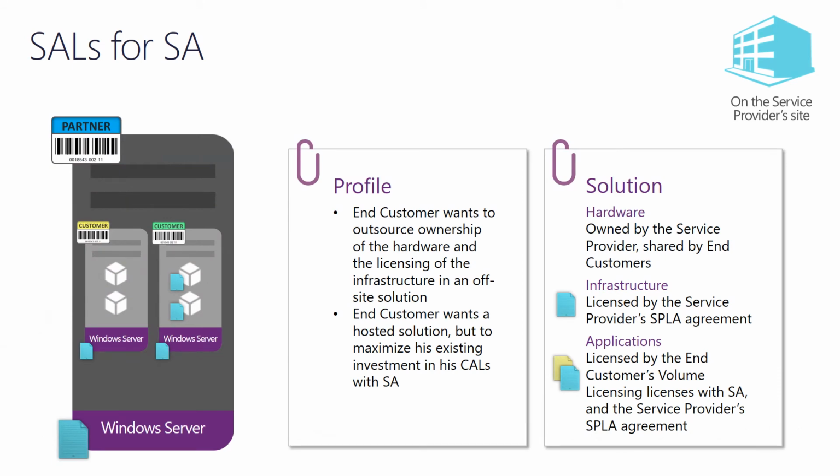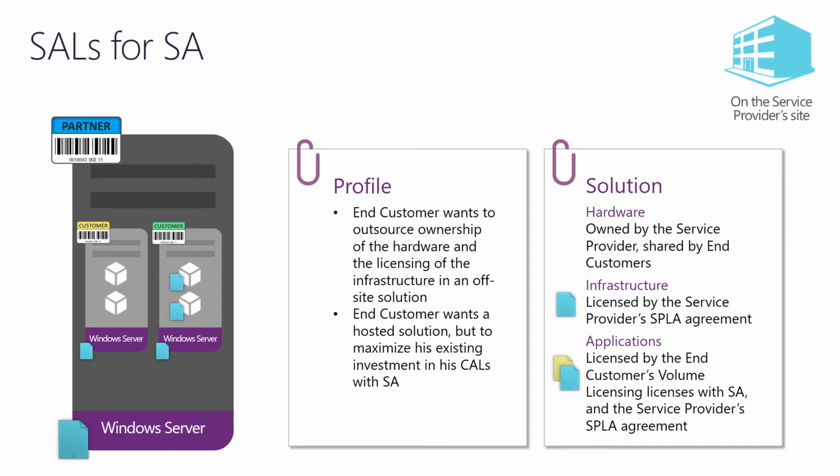Here we see a service provider's data centre, and the end customer on the right, the green one, has a solution where the applications are completely licensed through the service provider's SPLA agreement. However, the end customer on the left, the yellow one, has existing licenses for the application servers, perhaps Exchange and SharePoint CALs with SA, for example,